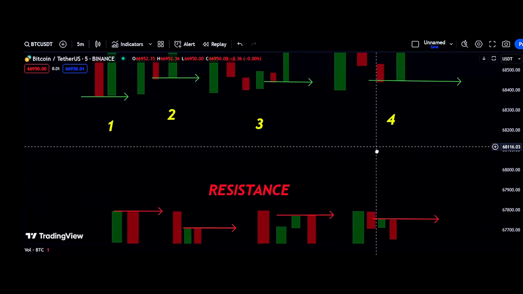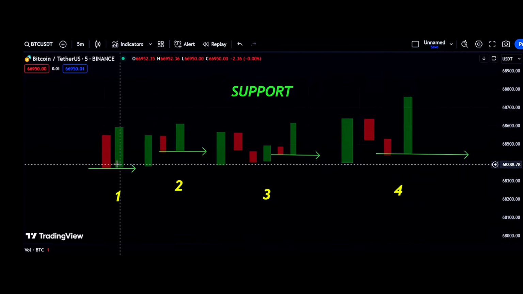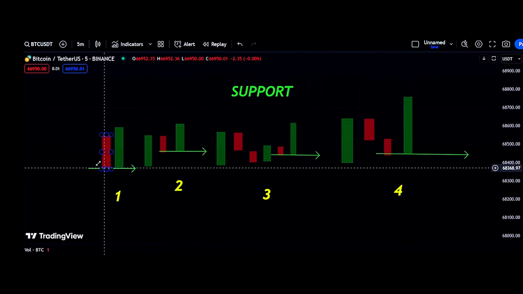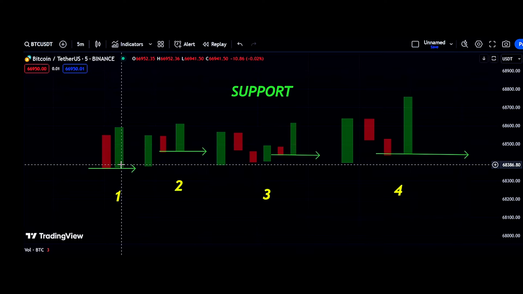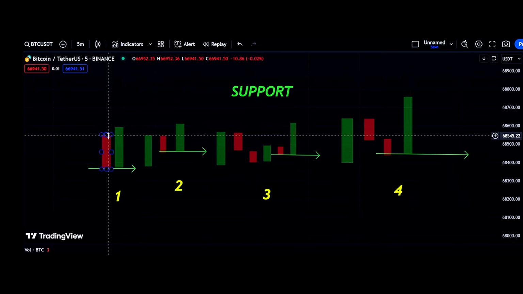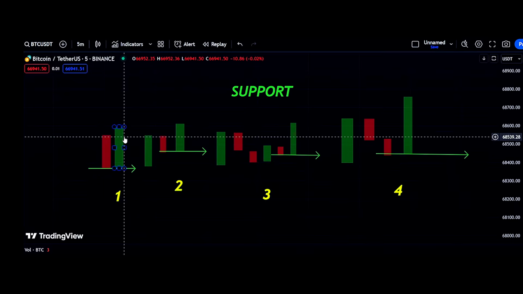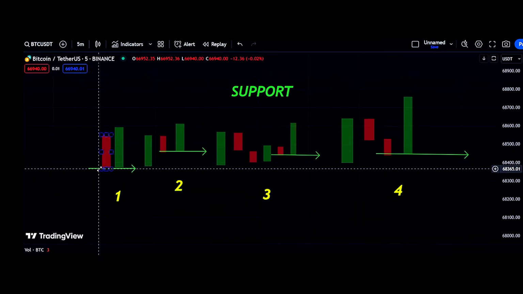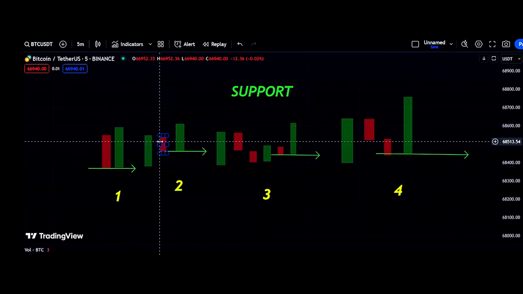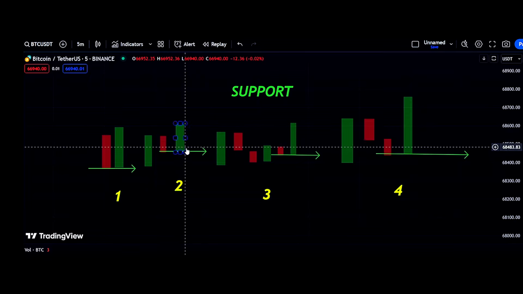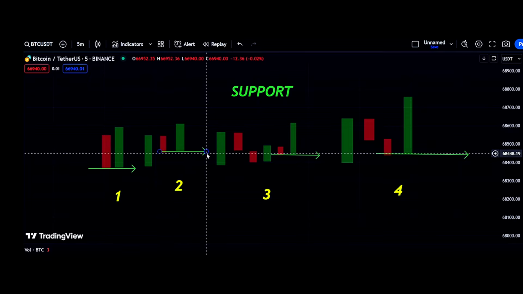Let's look at the support. It is the same as resistance, but on this side the high of the red candle will be broken. In the first case, the sellers come in, buyers took control of the market, break the high of this candle and close above it. Closing is important, so we will consider this as a support. In the second one, the buyers came into the market, sellers tried to push the market, but buyers took the control again. So this point will be our support.